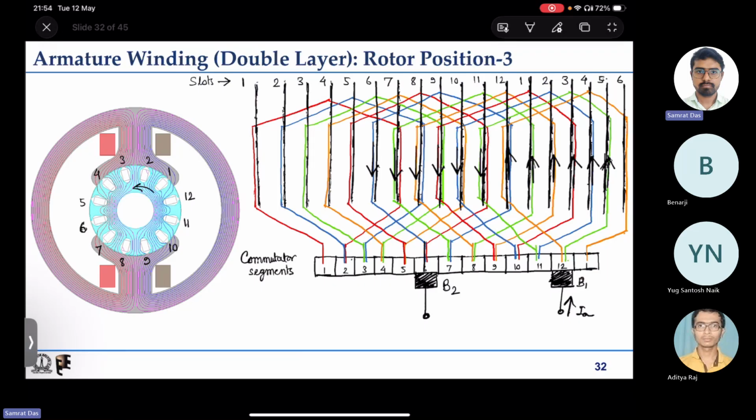So this gets collected by this brush, and the other component of current, that is here, will be going through this orange one. So again it will be upward,